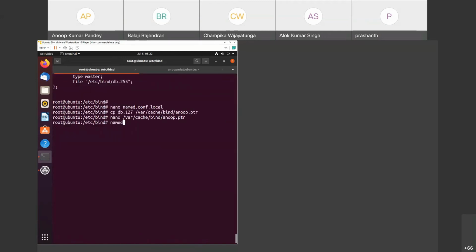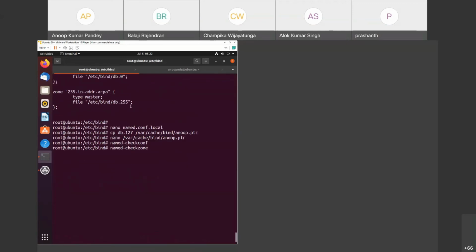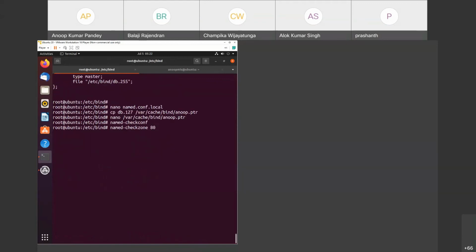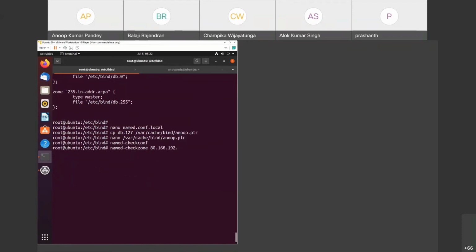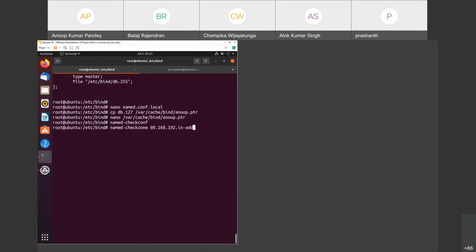And now again, let us do the checking. I can restart and run, but let us check. So named-checkconf, there is no error. Named-checkzone, and this time what zone I want to check. So I want to check 80.168.192.in-addr.arpa, and what is the file name?